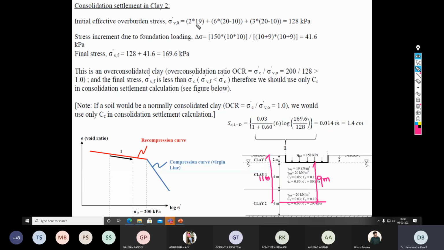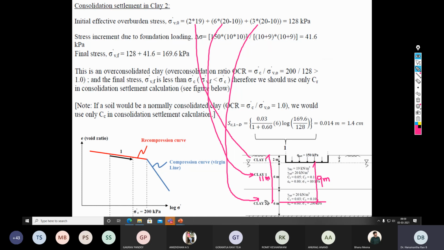So that is 2 into 19, the layer above the water table, and 6 into 20 minus 10, because this layer is below the groundwater table, and middle of layer number 2, that is 3 into 20 minus 10. So if you calculate the total, it comes out to be 128 kilopascal. Okay, so this is how you need to calculate the initial effective overburden pressure at the middle of the layer